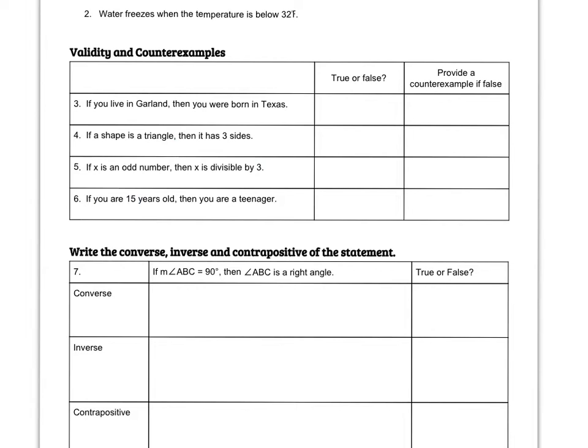Now, just because I make an if-then statement doesn't mean it's true. Let's evaluate the validity of a few statements. The word valid just means true, so we're just trying to figure out, are these statements true? Here's the first one. If you live in Garland, then you were born in Texas. What do you think? Well, this one's false because maybe you live in Garland, but you were actually born in